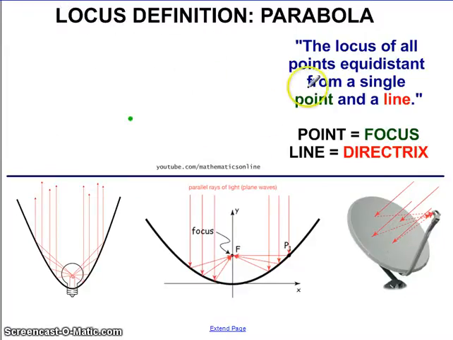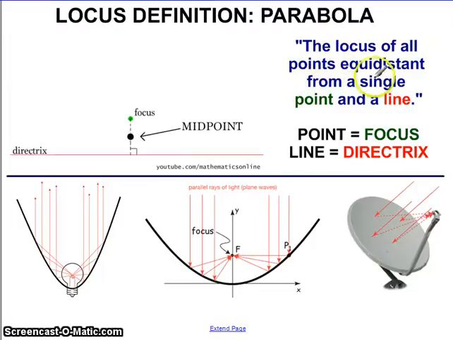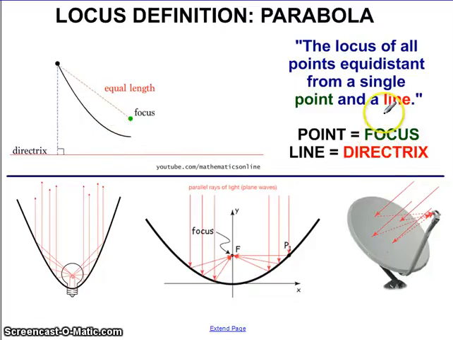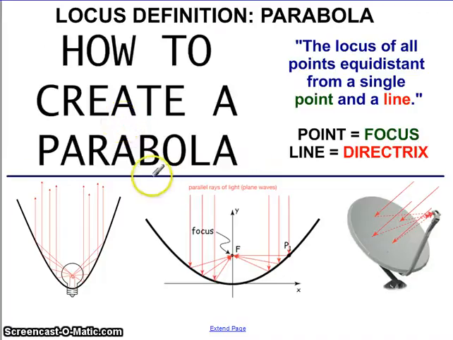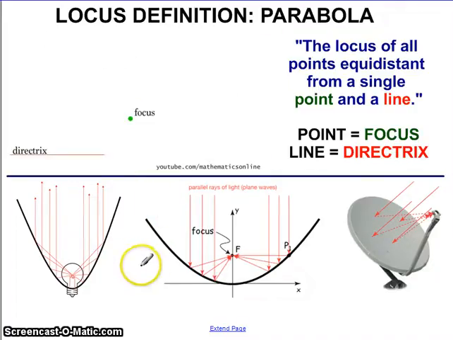So the locus definition basically says it's the location of all the points that are the same distance from a single point called the focus and a line called the directrix. Now in real life the directrix doesn't really do much. It's a part of the construction for the parabola. The focal point though is actually pretty interesting because it gives the parabola a lot of function in